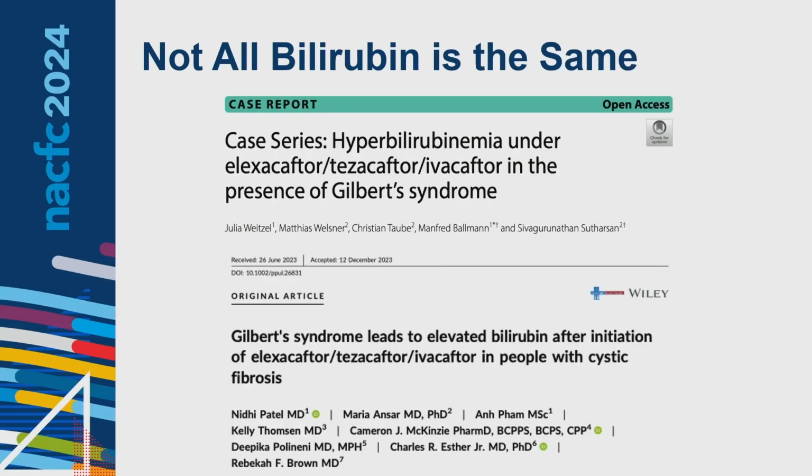And then as I alluded to earlier, not all bilirubin is the same. We have several of these reports now showing that ETI, again, is going to cause an increase in your indirect bilirubin that probably has no clinical significance. Now, if you have an increase in your direct bilirubin, that is a completely different story. That is the lab that should get your attention. Even a change from 0.3 to 0.6, 0.8, numbers that shouldn't jump off the screen at you, that should get your attention more than a big jump in your indirect or an ALT of 60 or 70.